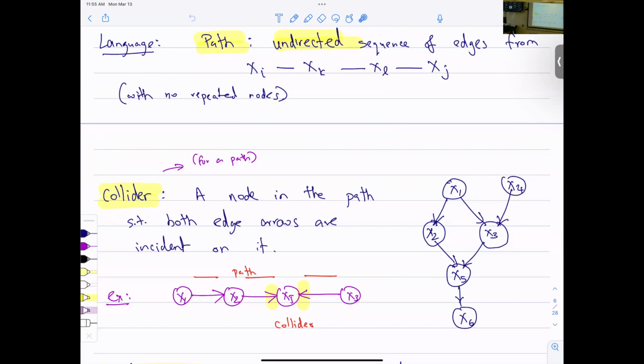That's what conditioning on a non-collider means. So in this example, X1 and X4, they are not d-separated conditioned on X6. Why? Because of